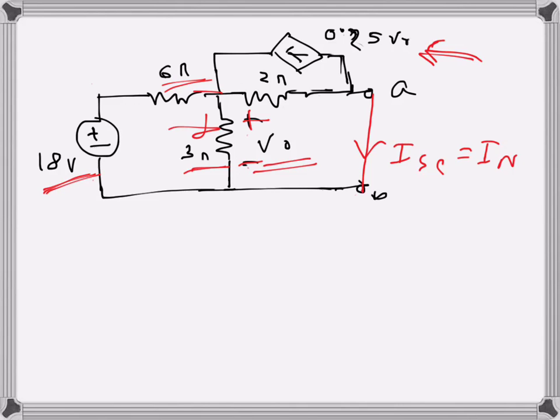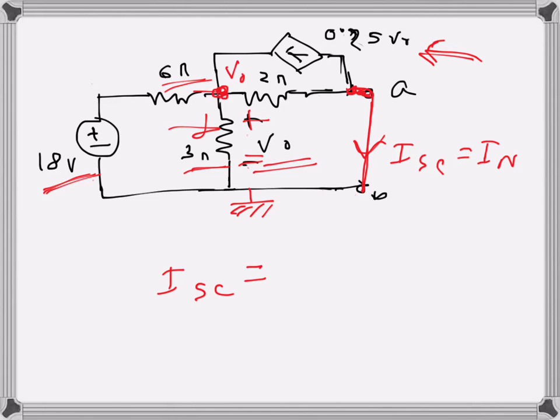I will try seeing if I can write the node equations here. So let's say this node is of 0 voltage, this is ground, then this point is ground as well, because this is connected by a short circuit, and from here to this node there's a rise of V0, so the voltage here is V0. So if I look at this node, which is node A, I see that the current going away is I short circuit here,